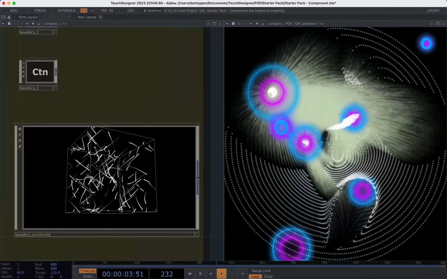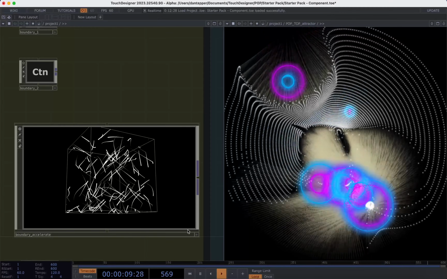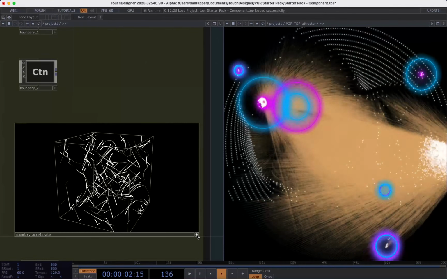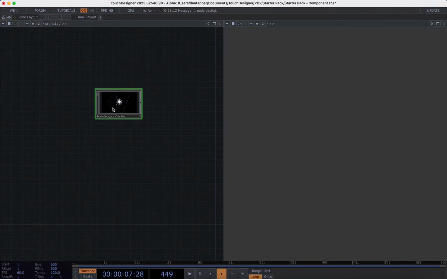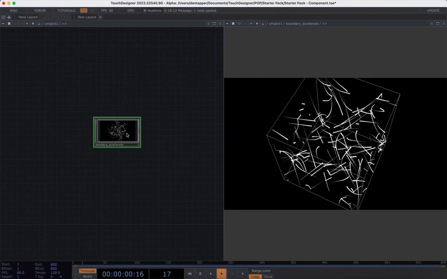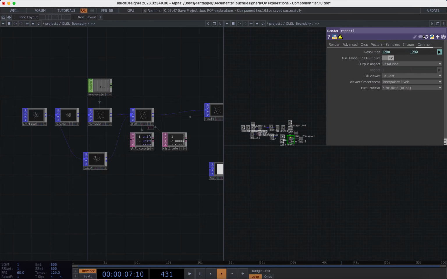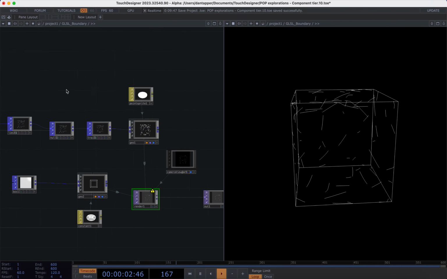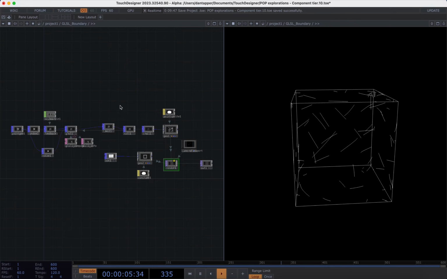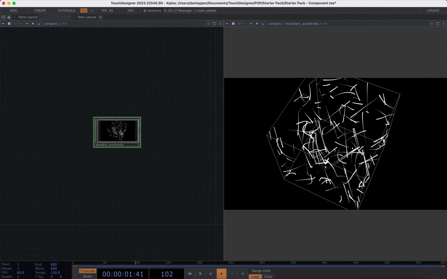I'm going to start out by just highlighting this thing I made previously as a very, very simple example, this boundary acceleration. And actually I'm just going to take that, delete everything else, and view it just so I don't kill my computer. But I'm going to compare it to this version that is made entirely in pops. Let's also just go into our view mode here. Okay, so both are actually made entirely in pops, but this one is using GLSL versus this one,